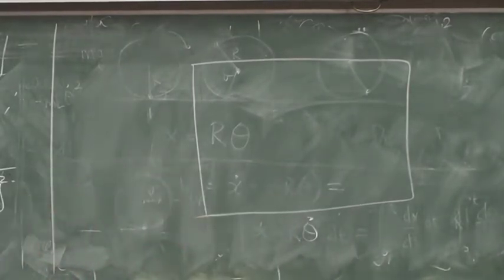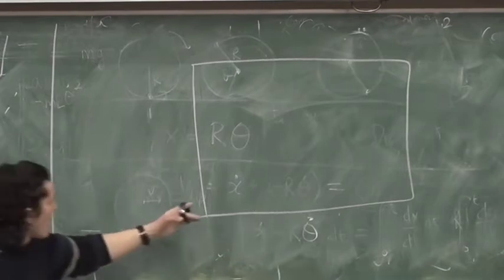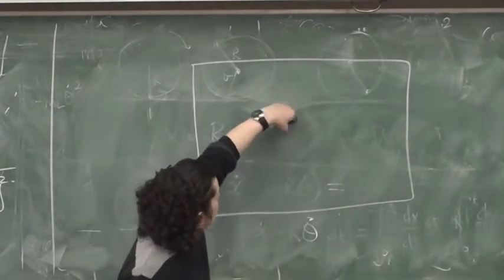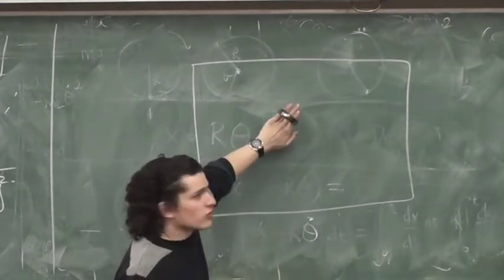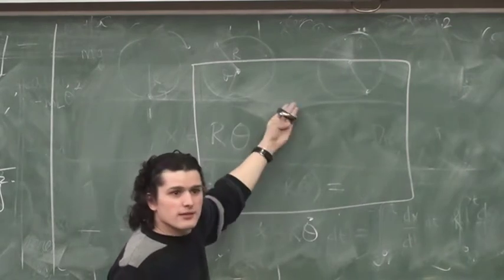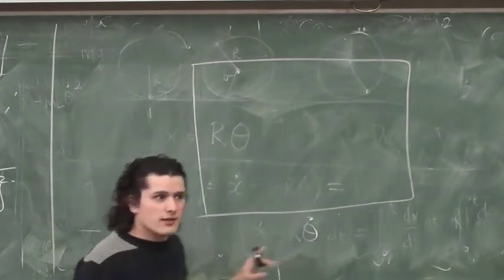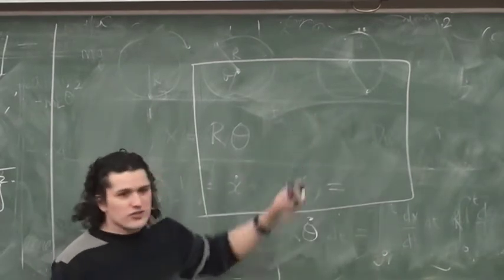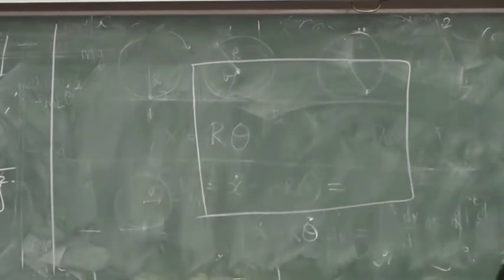Now, what are the parameters needed to describe the orientation of this thing? Well, I need to know where it is. x, y, its rotation this way, and its rotation that way. Does that make sense to everybody? So to completely specify where it is,